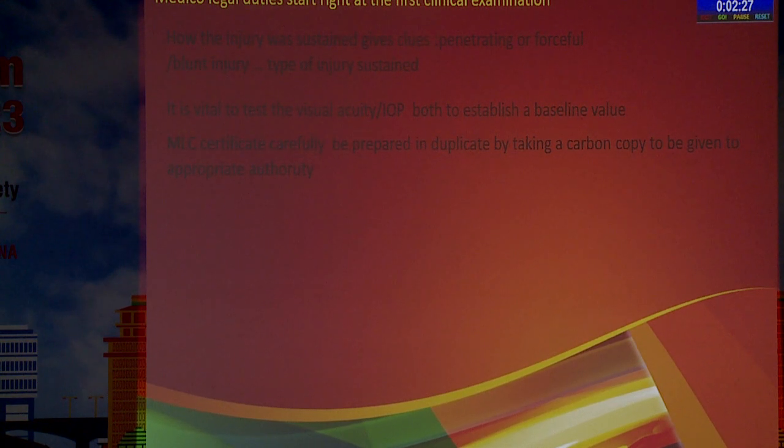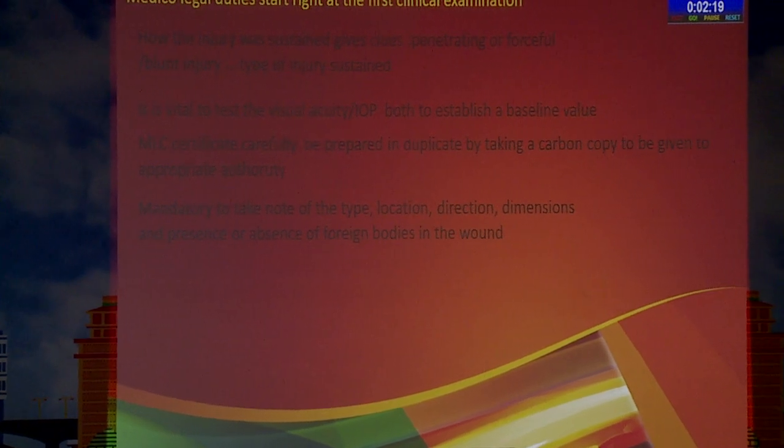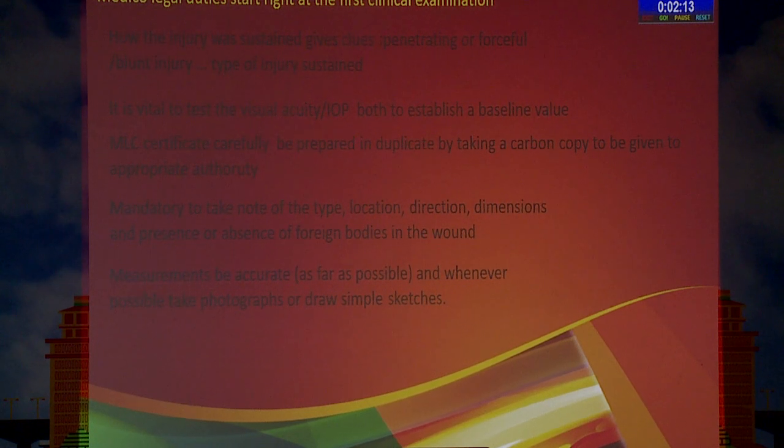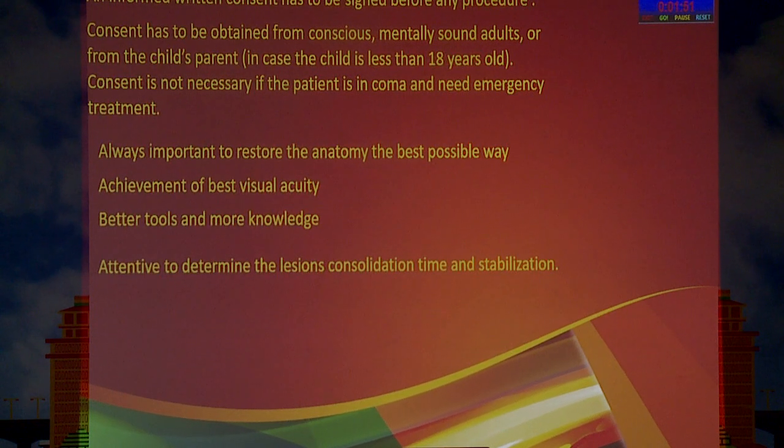An MLC certificate should be carefully prepared in duplicate, taking a carbon copy. It is mandatory to note the type, location, direction, dimension and presence of a foreign body in the wound, and measurement has to be as accurate as possible. If possible, take a photograph. Be aware of the words while documenting or communicating with the patient. Patients are very clever; they can put the phone in recording mode. So be very precise; words like 'something like that' or 'approximately' should be avoided. Informed consent has to be taken,